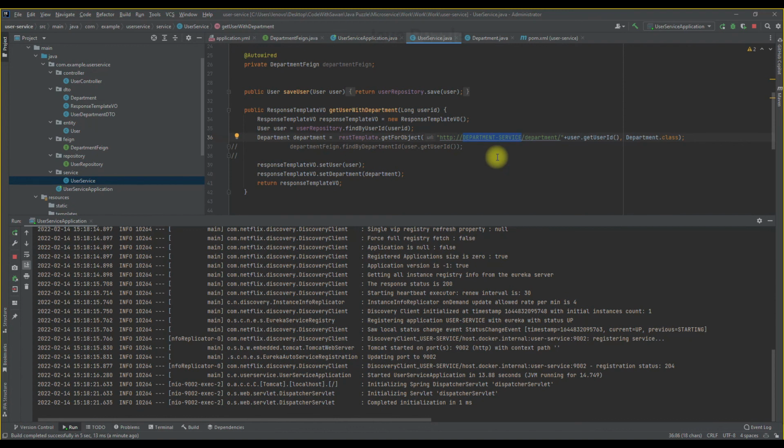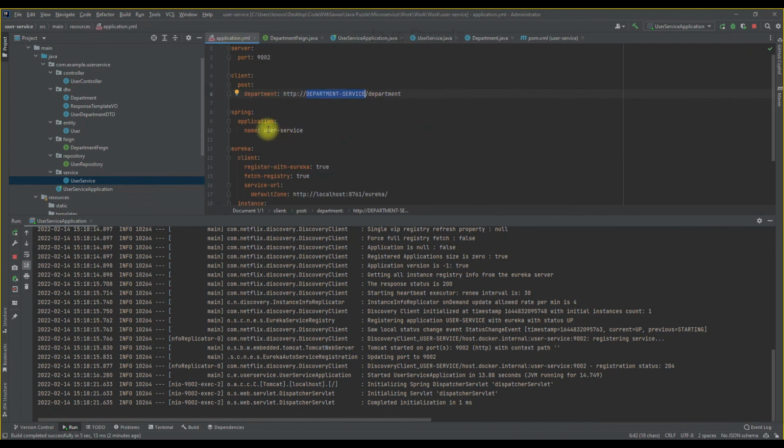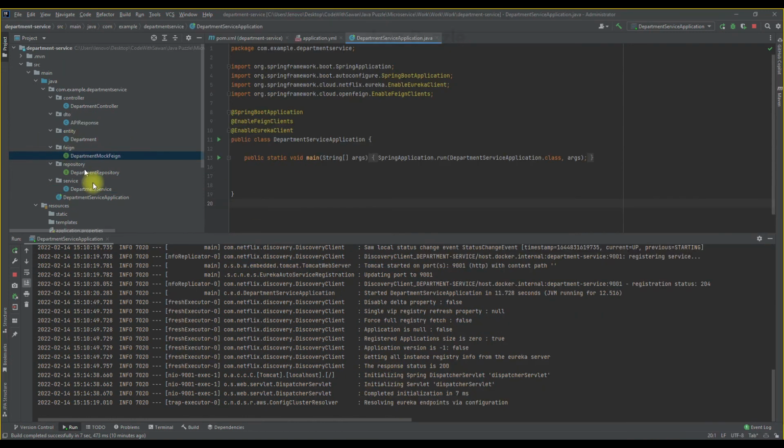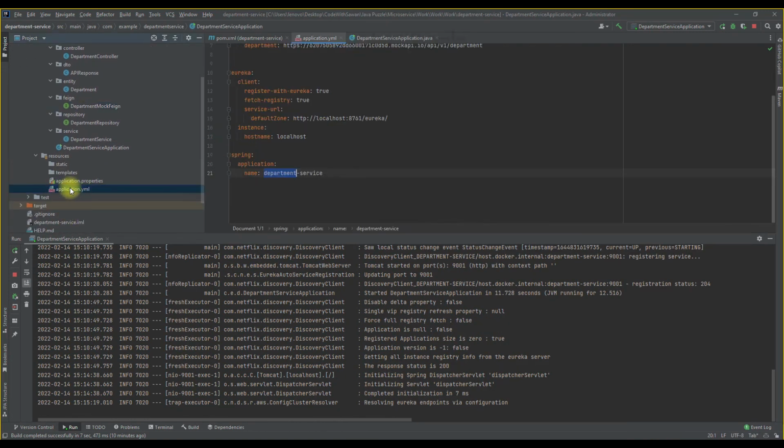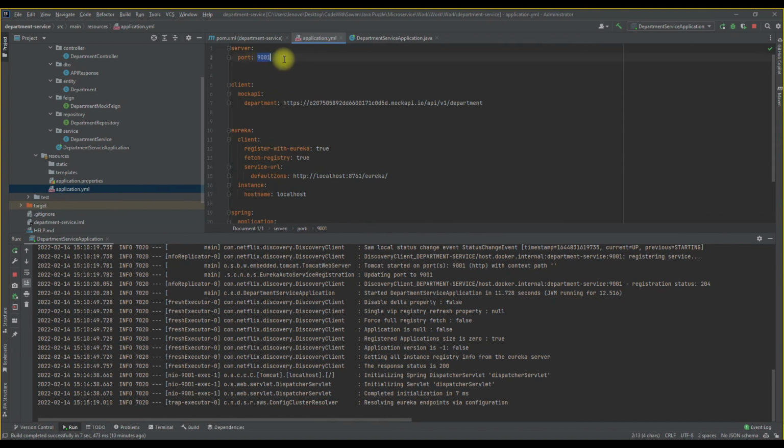We register our microservice with the particular name which we gave inside the YML file, this one user service, and in department we give the name as department service, right? So this name identifies the microservice we have to communicate with. We don't need to know what port is running.